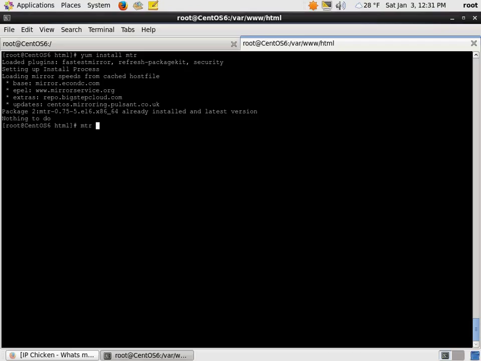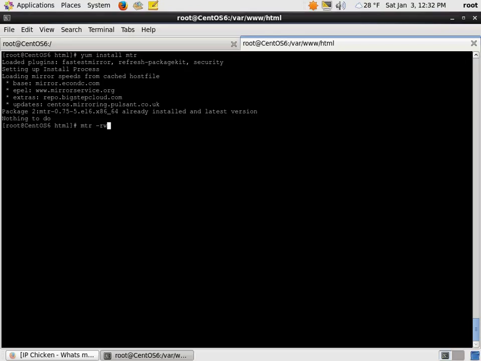However, I'm going to use switches to specify a report, to generate a report using the domain names of the different hops, as well as specify the packets that I need to be sent from the source to the destination. So I'm going to run mtr